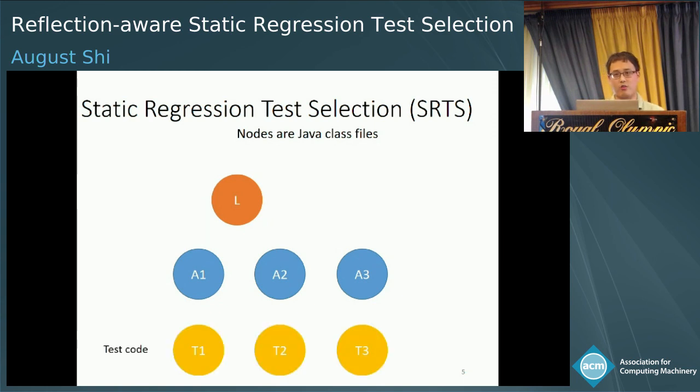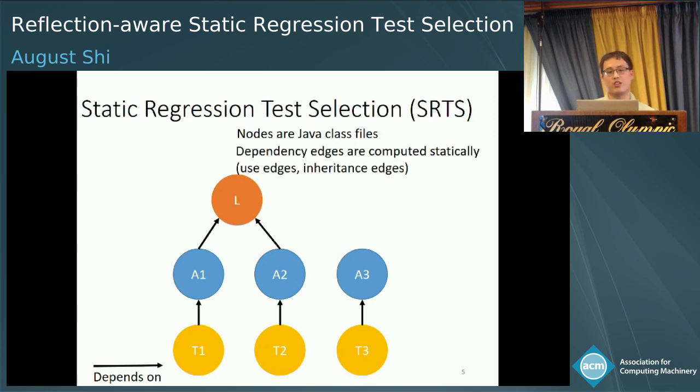And of course, test is also code as well. So you have test classes that depend on that they have to run. The dependency edges are computed all statically, and they're based on what classes use other classes or what classes inherit from others. And so then, given this structure, we can determine what are the tests to select when we say what class actually changed, and go backwards from the dependency edges to see, okay, in this case, we only have to run tests in T3, and we're saving time by not running the tests in the other test classes